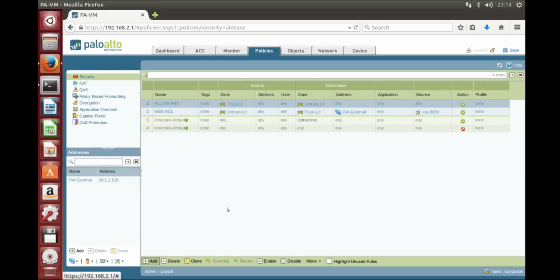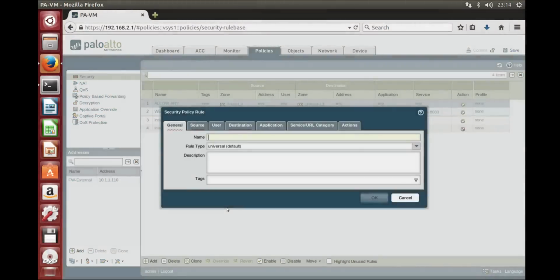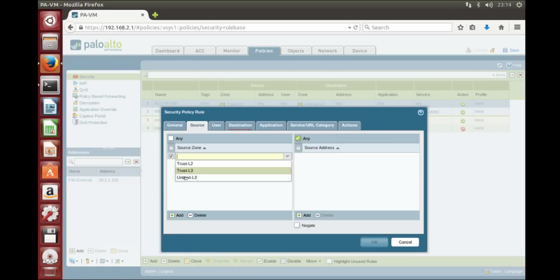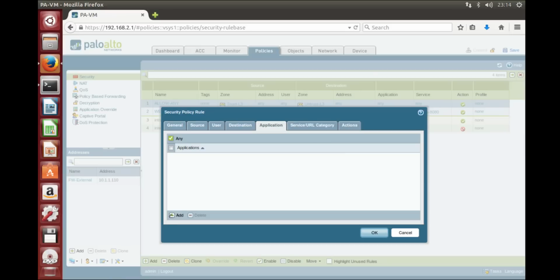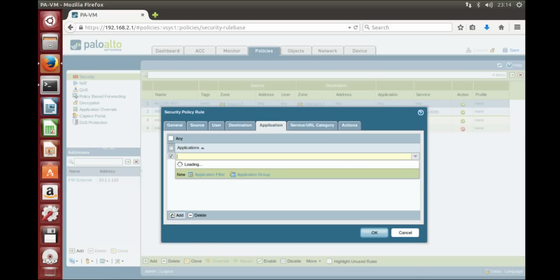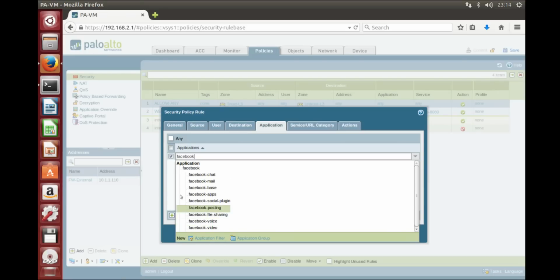to, let's say, block Facebook website. So test rule, and here we say from zone trust to destination zone untrust, application add Facebook, and you can see we can specify each specific